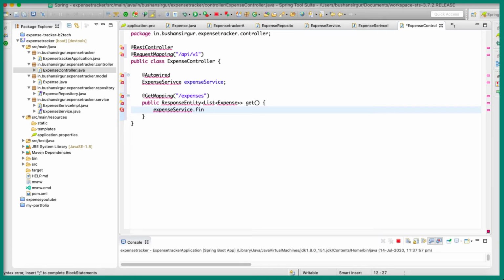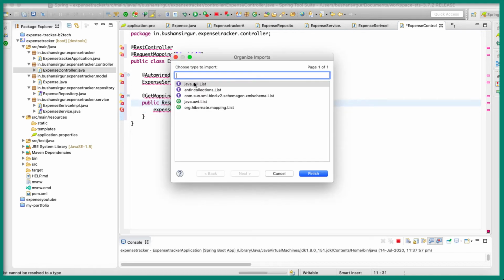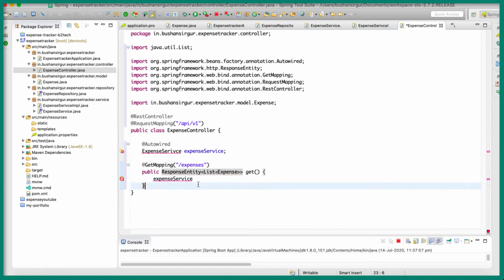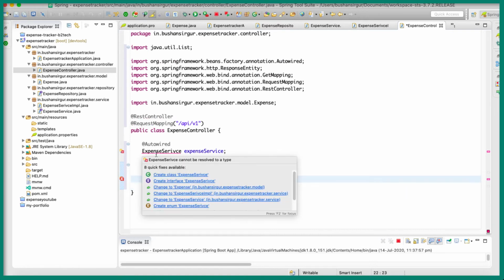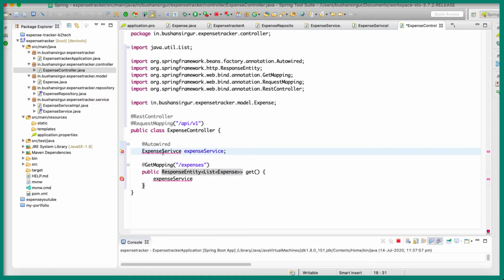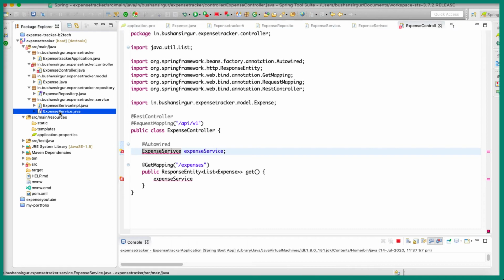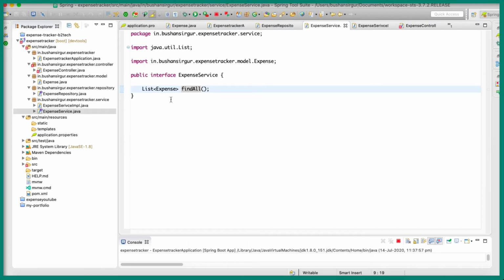So before that, let me import the required packages, the List which is from the util package, and the ExpenseService. So let me save this. I don't know why this is not detecting, so let me check with what name I have created. ExpenseService.